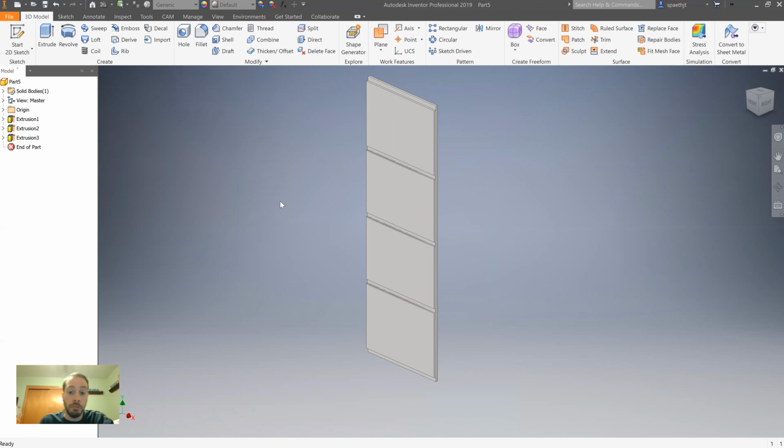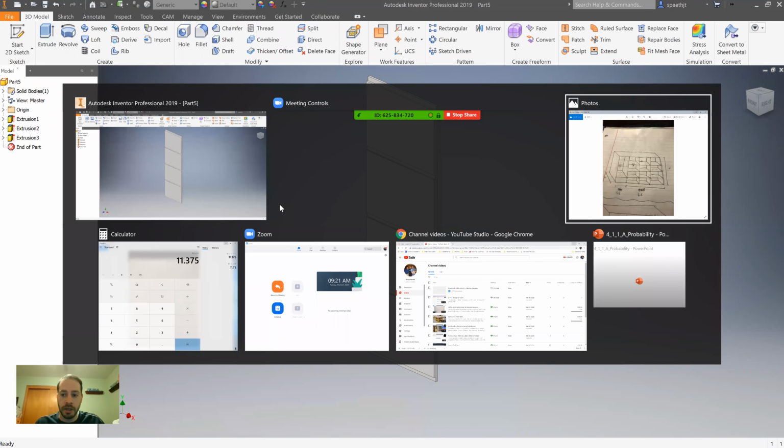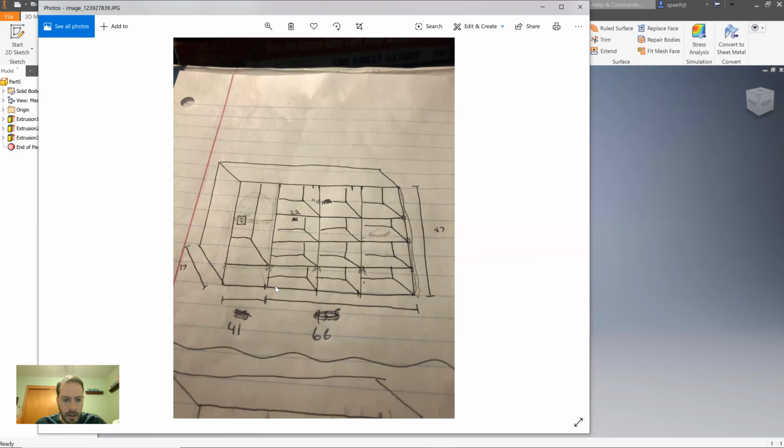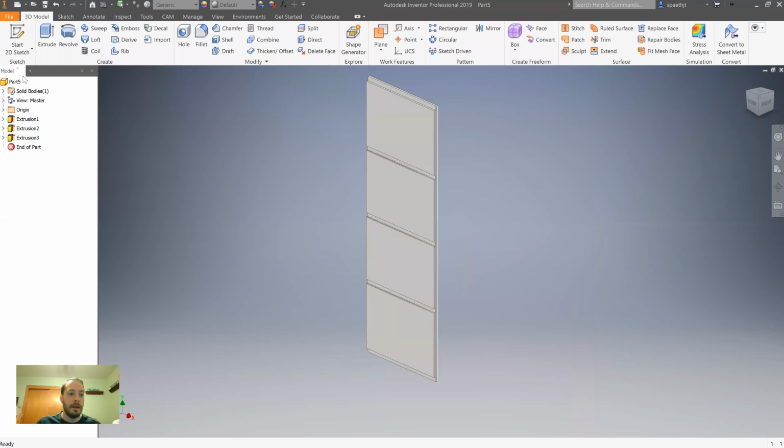The top and the bottom will both be the same. So if I'm looking at my picture, it will be 66 minus 3/4 inches long. And it'll be divided up equally into 3 sections. Okay, so I say minus 3/4 of an inch because we have a 3/8 inch rabbet on this side and a 3/8 inch rabbet on this side. And that equals 3/8 plus 3/8 is 3/4. So we are going to take 66 minus 3/4, and then